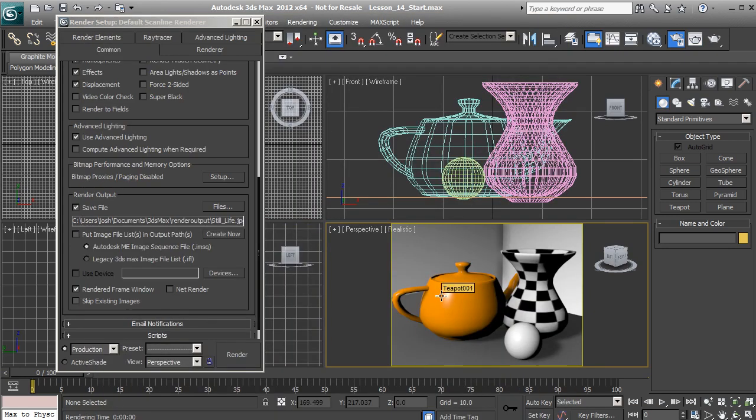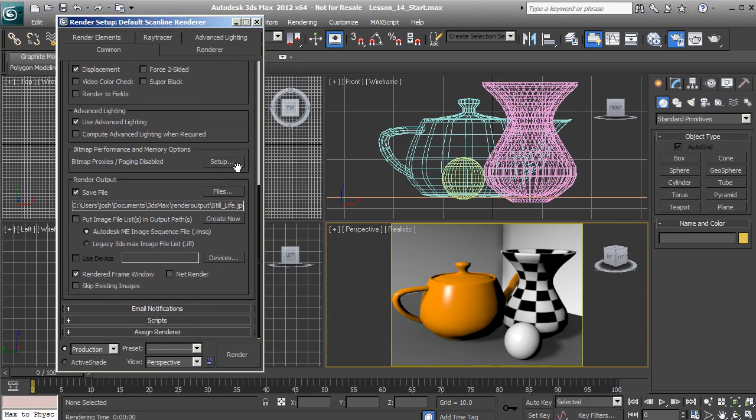And we've been using the default scanline renderer. Okay? You may have heard about using something called Mental Ray, or if you're really new to 3ds Max, you may have heard of iRay. But we might want to change that rendering engine just to figure out what those rendering engines actually are. So to do that, we can go to Assign Renderer,